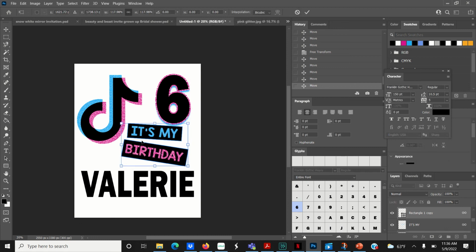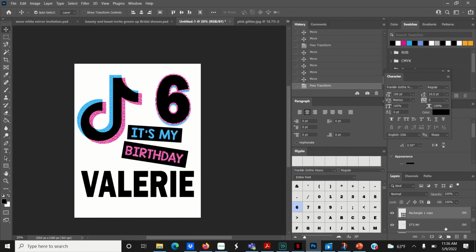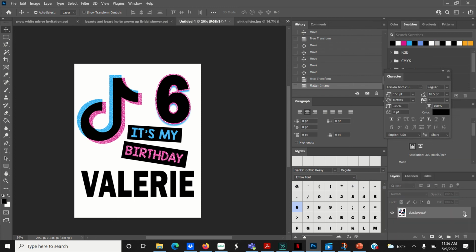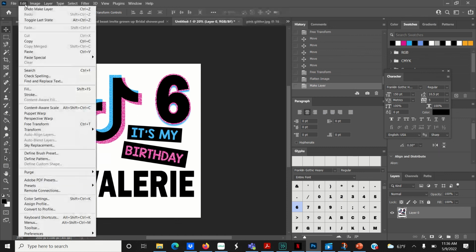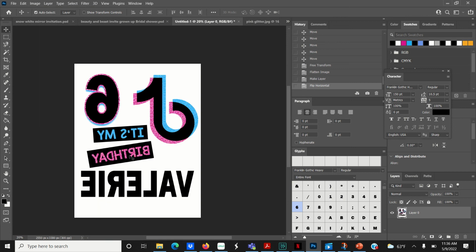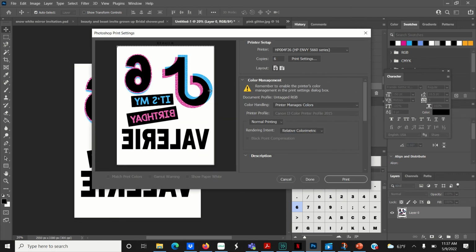So when you're ready to flip your design, just go over to the layers panel and right click on one of the layers and select flatten image. Then double click on the little lock icon here to unlock the layer, and go up here to edit and select transform, then flip horizontal. Then go up to file and print, and for transfer paper for light fabrics I typically use my HP Envy